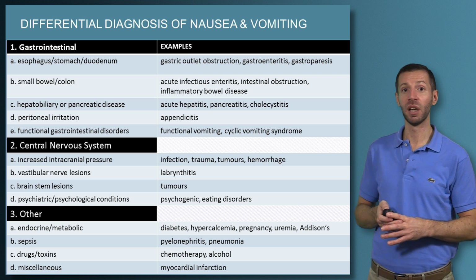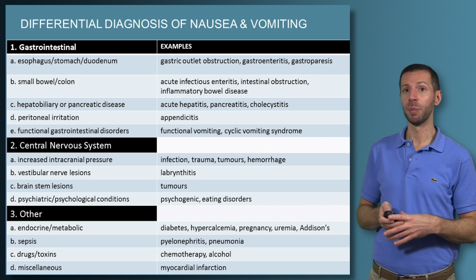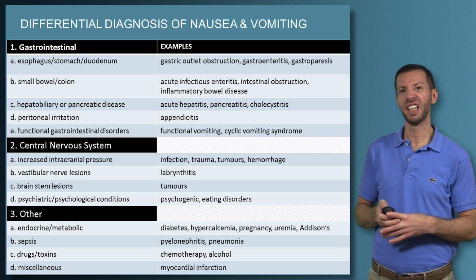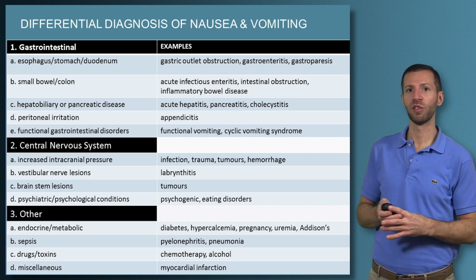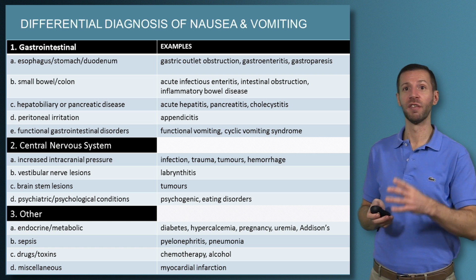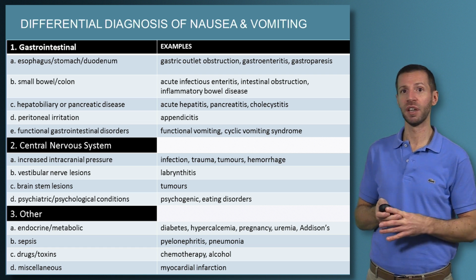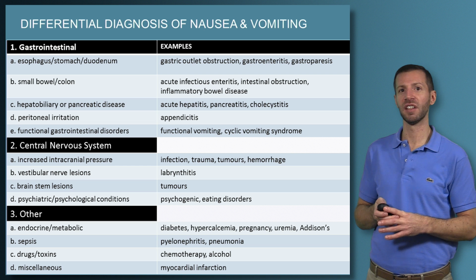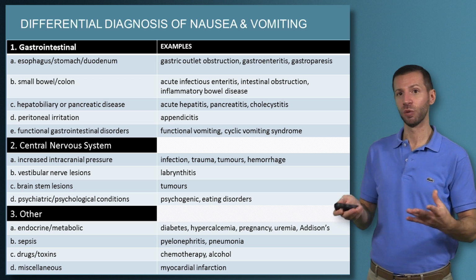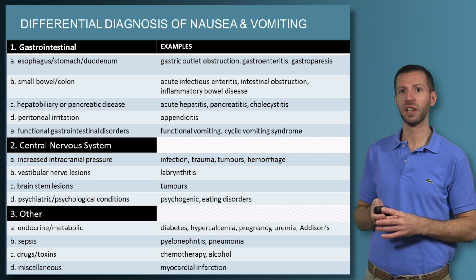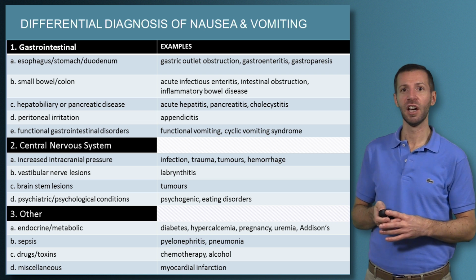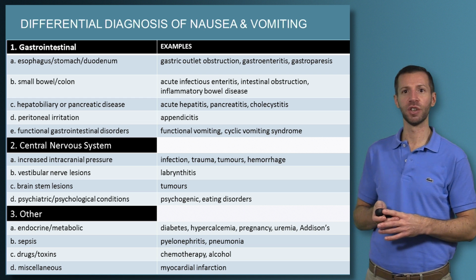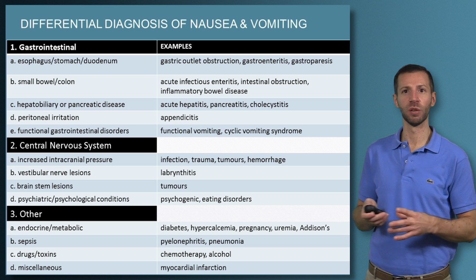So this includes endocrine and metabolic abnormalities, and you just finished your endocrine block. So people with diabetes mellitus may have vomiting related to the hyperglycemic state. In addition, in a more complex way, diabetes contributes to vomiting via the development of gastroparesis due to autonomic neuropathy related to complications of long-term, particularly poorly controlled diabetes. But just a hyperglycemic state itself would be one of those other categories. Patients with hypercalcemia, as you likely learned in endocrine, can present with vomiting. Pregnancy, uremia, which is basically a state of renal insufficiency, and Addison's disease, which is a cortisol deficiency, which you would have learned about during endocrine as well, can all present with vomiting.